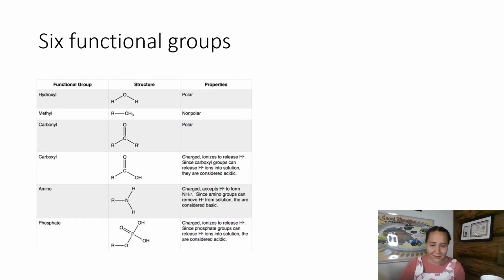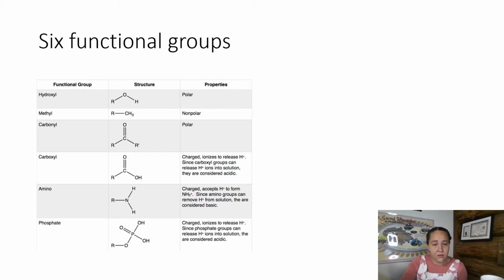So what am I talking about when I refer to functional groups? Here are 6 functional groups that are commonly talked about. The table shows the functional group name. It shows the ball and stick structure of the carbon of the functional group. And then the third column are the properties. What I want you to focus on from this table are the name of the functional group and the properties of that functional group. So a hydroxyl is